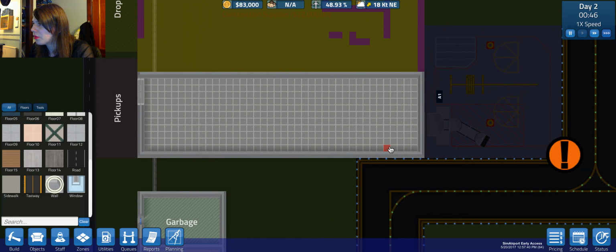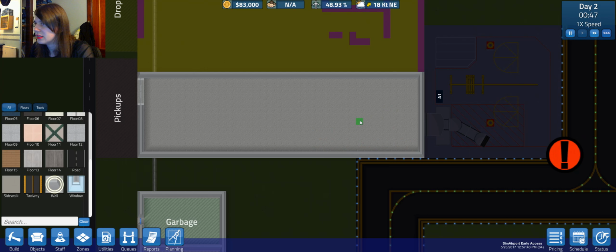We probably should have built the walls first, but it is what it is. Cancel. Okay, well that's giving us... No, it's not giving us the money back. God damn it. 4, 1, 2, 3. So we're just going to build a little bit of a...